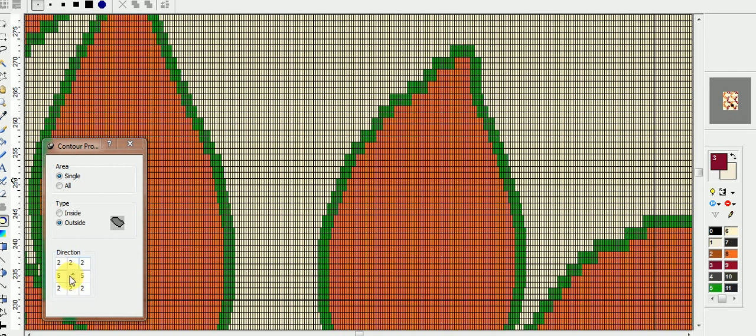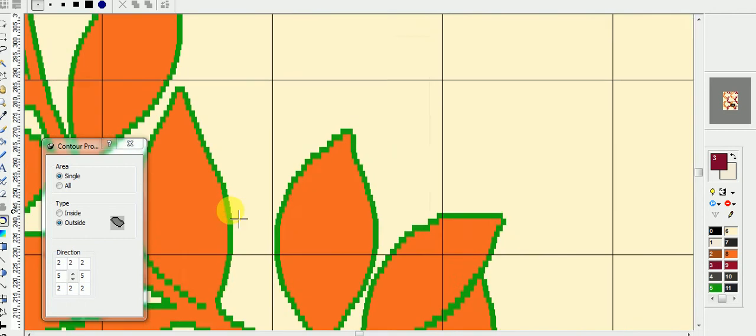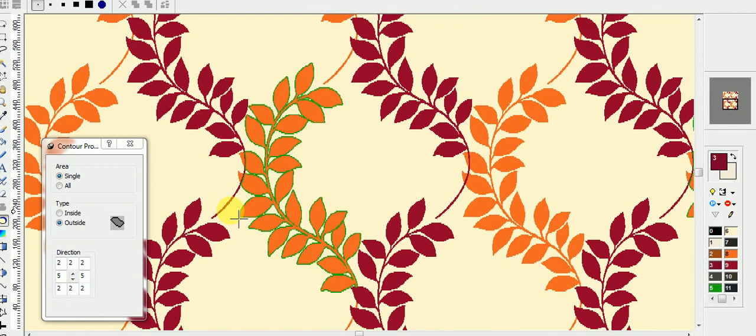Now I have applied this outside of the motif. You can see how it looks. Now I want to apply inside the motif. Just click here inside and change the color.